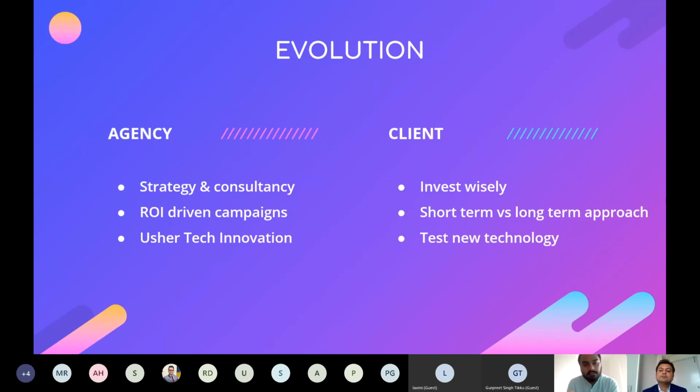And obviously post COVID, when we are so careful about our budget spends, that entire dynamic is going to change. And from an agency point of view also, we feel that the dynamic shift is important, right? You have to move away from your existing traditional contracts, what you used to do earlier, whether it was a social media management contract or a creative design contract.